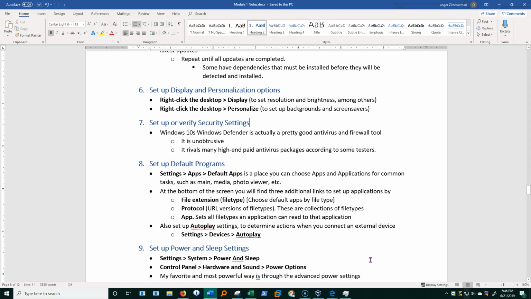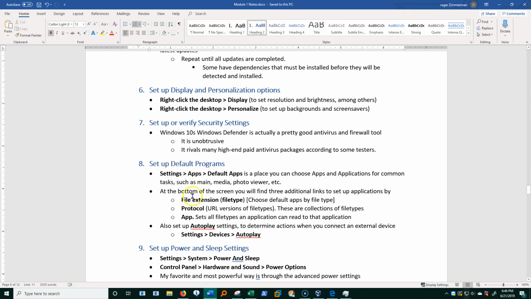After you set up Windows 10, you'll want to make sure that it opens things in the applications that you want it to open things in. Now, this is one area I'm a little disappointed with Microsoft on. They're really pushing the UWP apps here and making it a little more difficult to use other applications. But I will show you where these are.